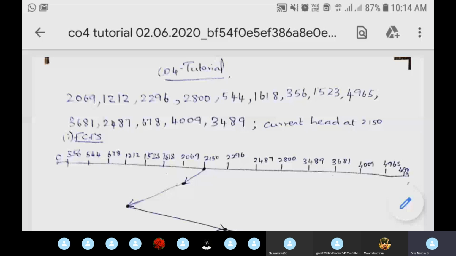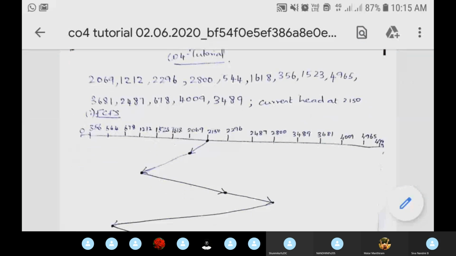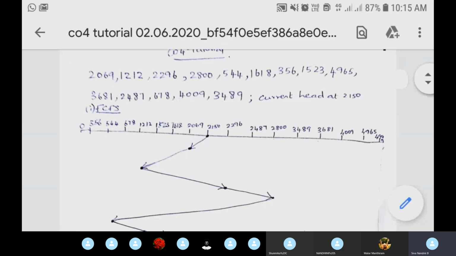So in this disk scheduling algorithm, what will be given in the question? Cylinders which need to be accessed. The reference cylinders will be given, and the current head position also will be given, and we have to schedule the disk according to the different algorithms. First we will see scheduling by the first come first serve algorithm. For that, what will you be drawing? You will be drawing a straight line and you will be drawing all the cylinder positions.